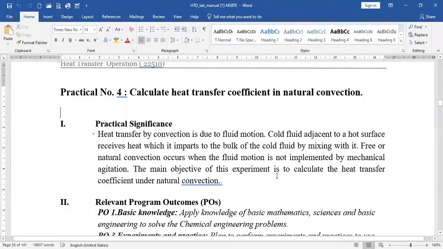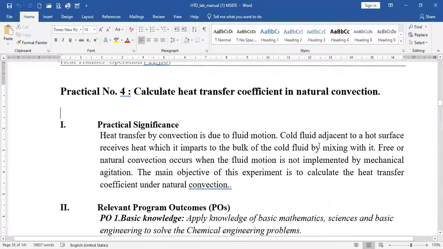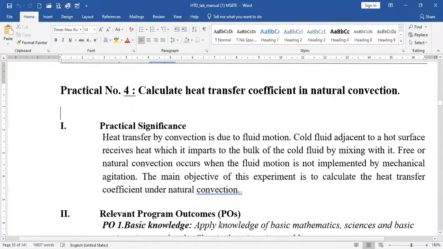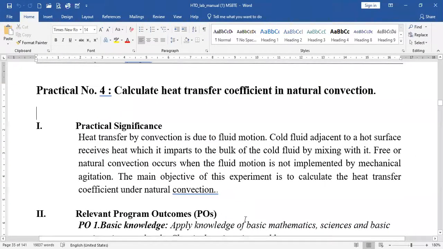So today we are going to discuss one of the experiments from heat transfer operation, that is, calculate heat transfer coefficient in natural convection. The practical significance of this experiment is that heat transfer by convection is due to fluid motion. Cold fluid adjacent to a hot surface receives heat,